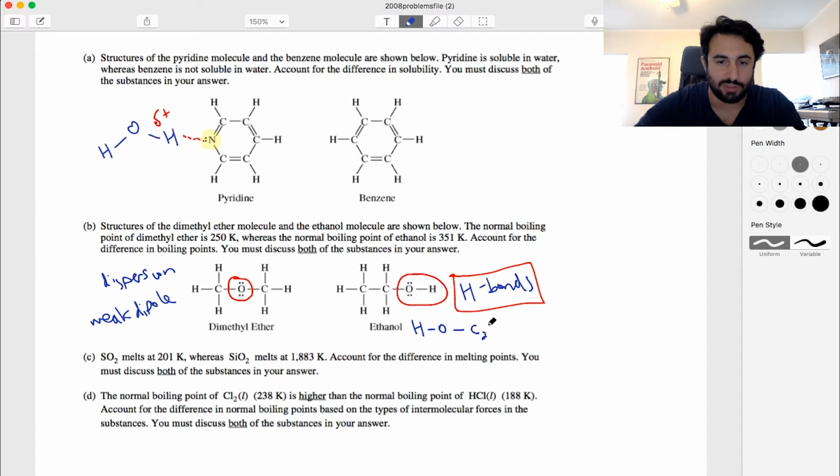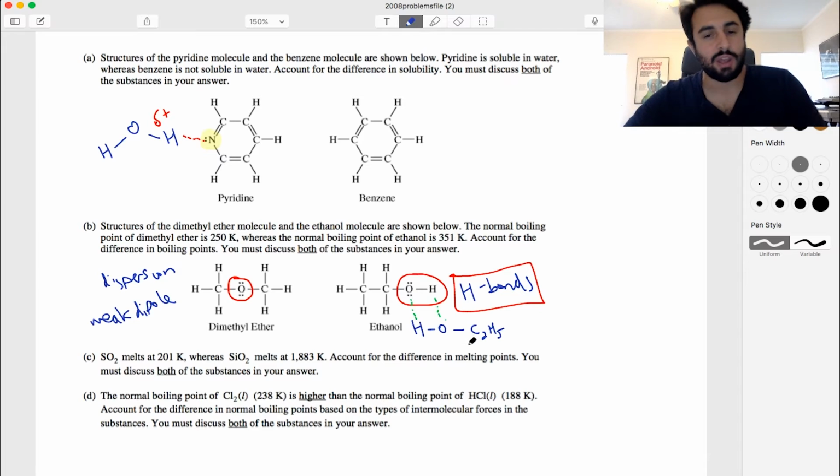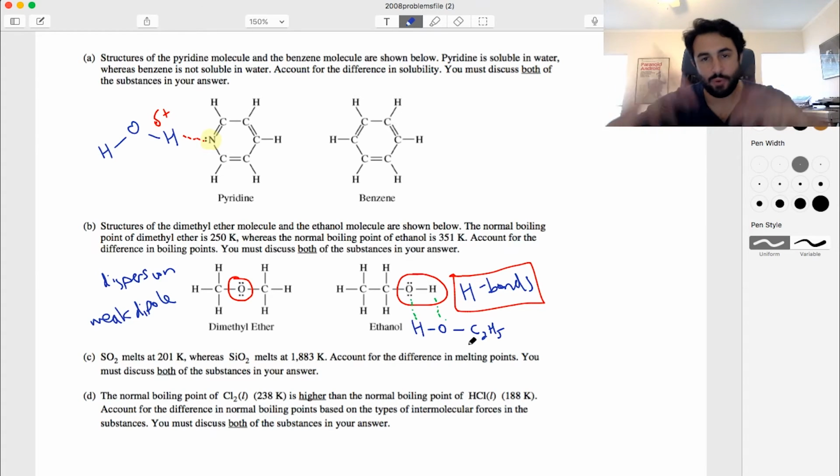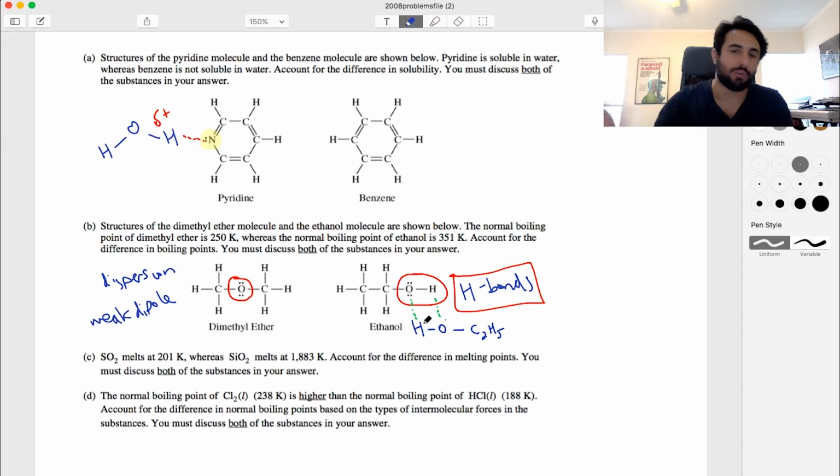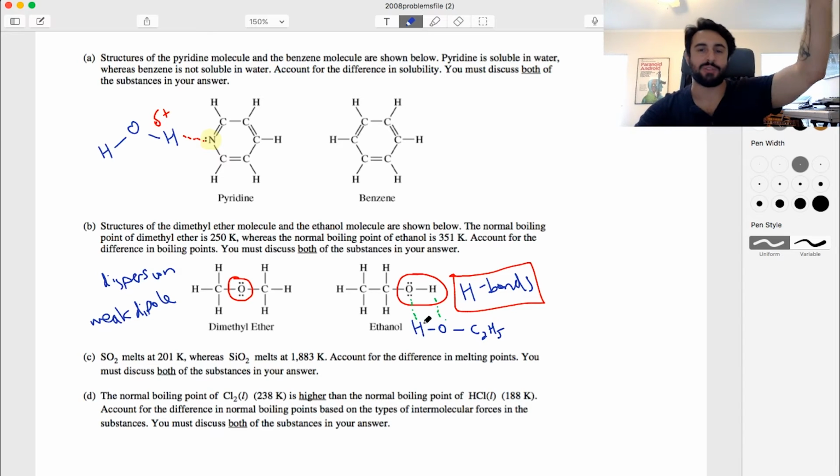we'll do C2H5. So we've got interactions here, right? These are very strong. Right? These hydrogen bonds are very, very strong. And so we're going to need a lot more heat energy in order to overwhelm these hydrogen bonds and liberate ethanol into the gas phase. Right? The stronger the interactions, the lower energy they sit at. And so the more energy that will have to be supplied to bring them up to the gas phase where